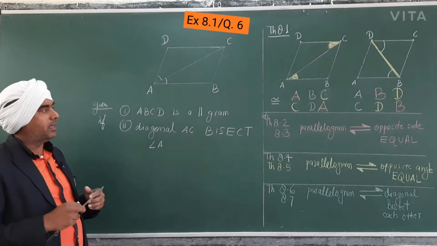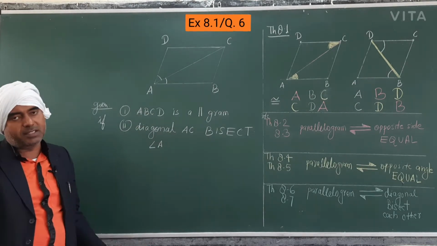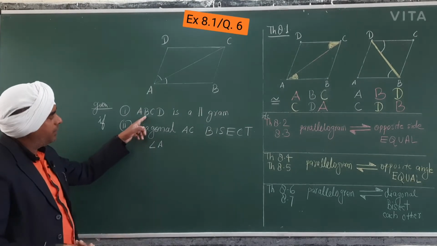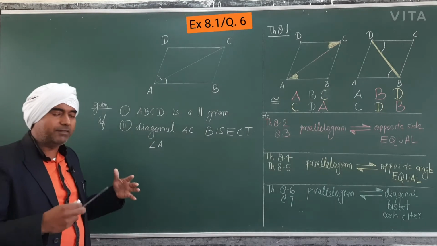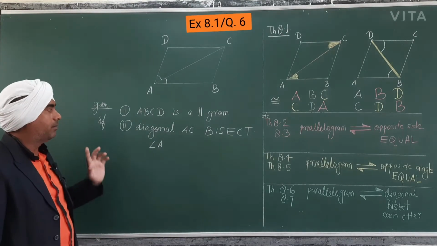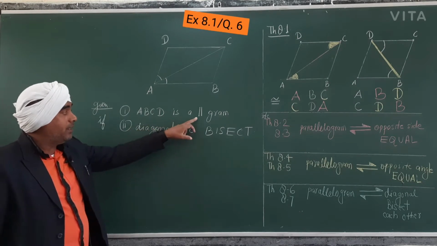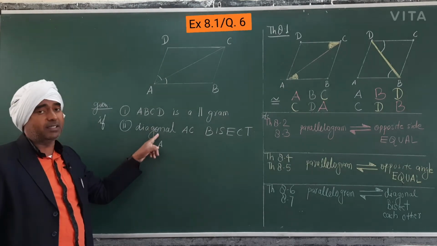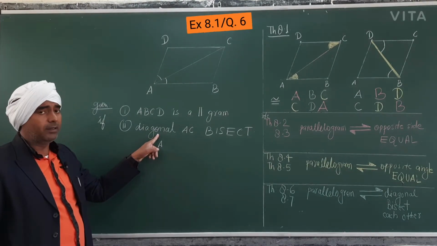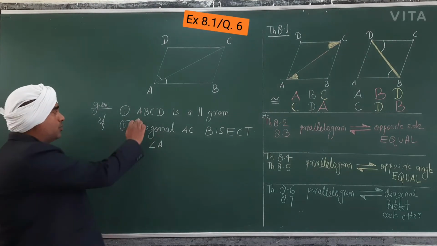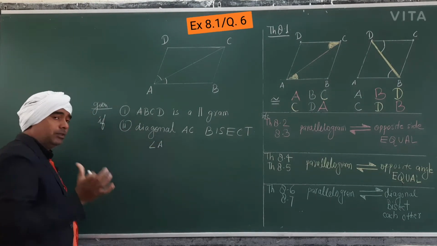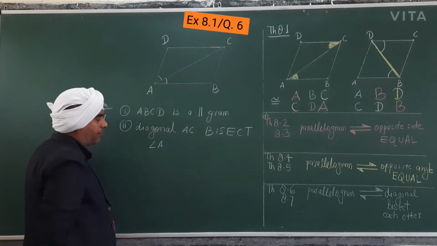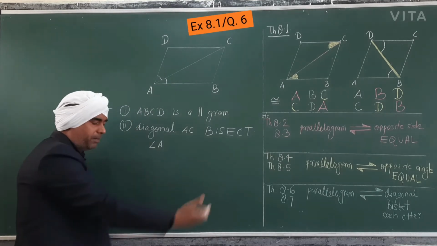Actually, solving a question is another thing. In these 5 minutes I have written only 1 line. This was so easy. Most teachers, especially your tuition teachers, will write very fast. But I have taken a lot of time, 5 minutes. Why? Because normally in a parallelogram ABCD this doesn't happen. This is an extra condition. So the extra condition, 2 plus this 1, makes 3 conditions, and with 3 conditions you have come to the rhombus. Only for your clarification I will erase it. You can keep it in your rough copy for understanding.